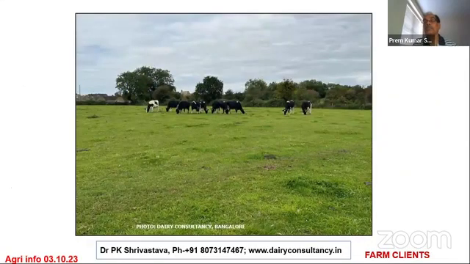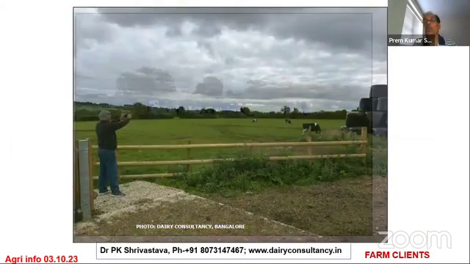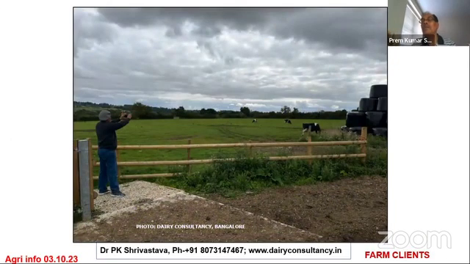These are the pastures, the picture I have taken in the UK. These are the pastures available for fodder. Imagine, this farm has more than 60 animals and more than 60 acres of land for pasture only. Look at that. If that is the case, why are they not feeding much concentrate? Not required. Everything is compensated through the fodder, through the grasses, and they multiply the grasses.